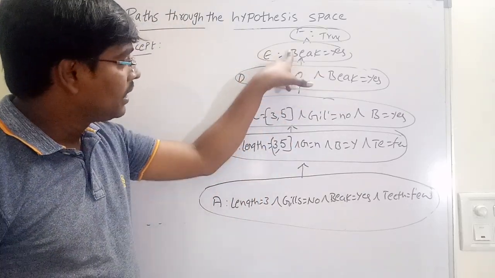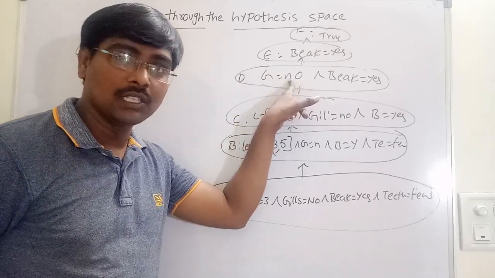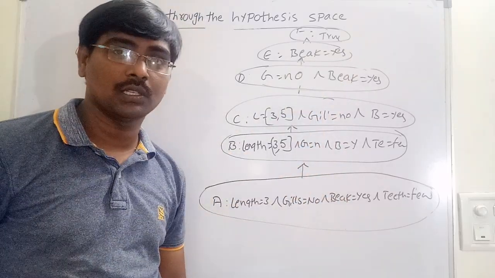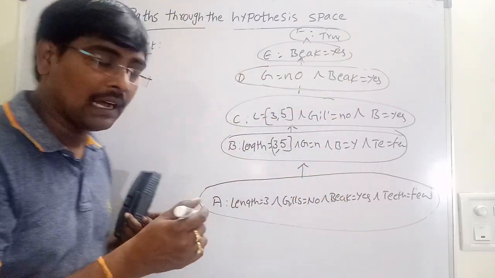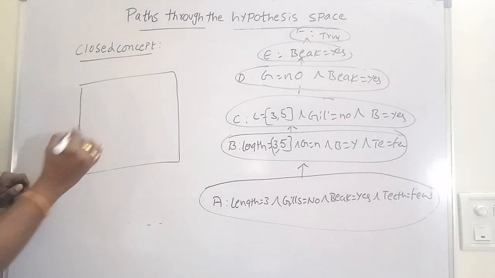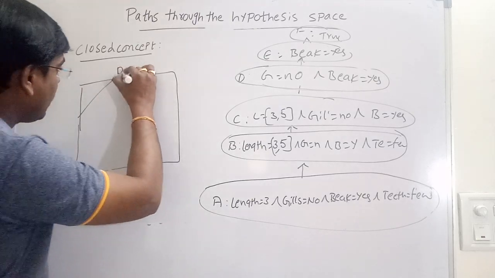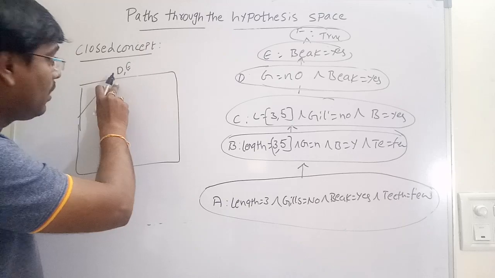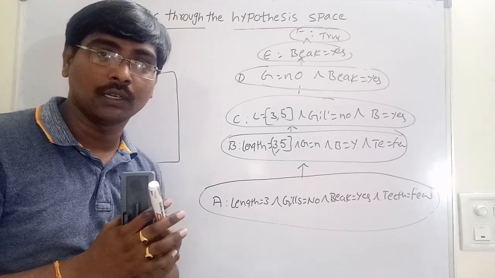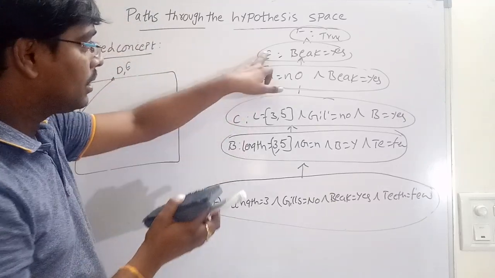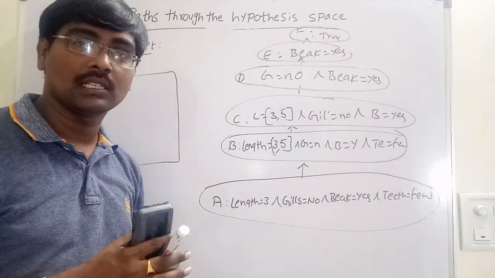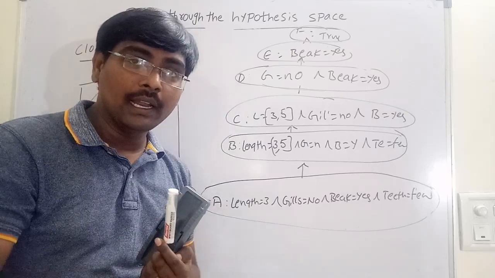Suppose observe E. In E, I am removing this literal, gills is equal to no. Only back is equal to yes. This also covers all the 5 positives. That means if you are drawing a coverage curve, for example, D comma E points are on the same position. D comma E points are on the same position. Then E is the closed concept, that is a concept internally